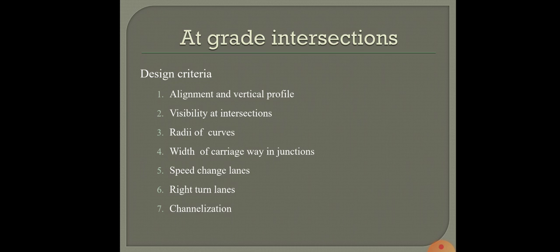Today we'll be discussing the design criteria for at-grade intersections and grade-separated intersections. Before that, we know that an intersection is a point on a highway where two or more roads cross or join, and at the intersection there will be turning and crossing of traffic. These traffic movements have to be handled in different ways, depending on the type of the intersection as well as the design. The operating efficiency and safety of any highway depend upon the number and types of intersections, and the efficiency of their design.